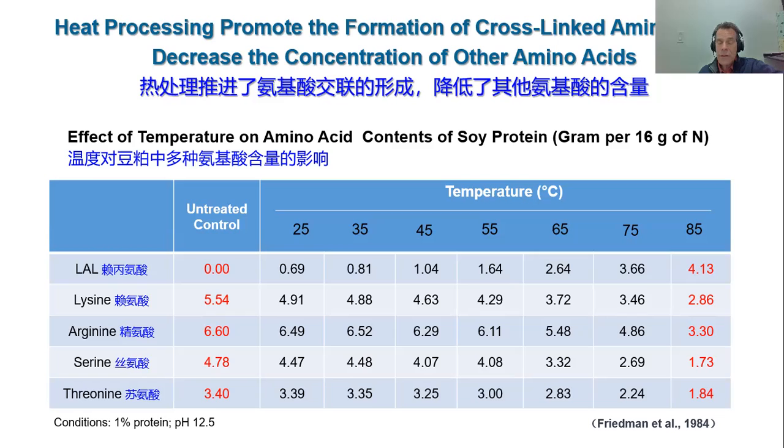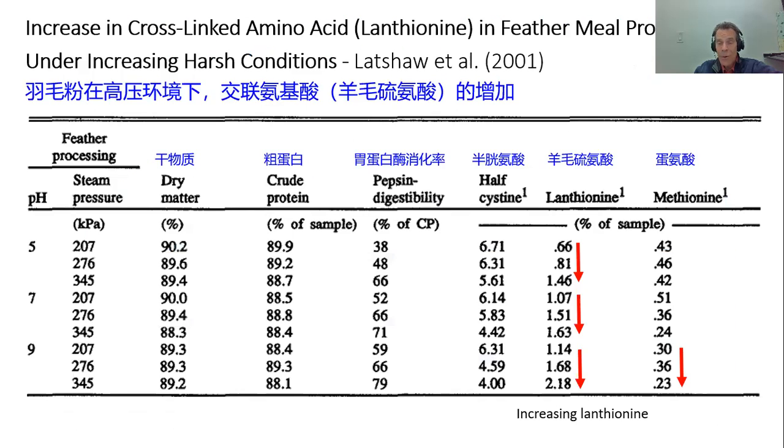In this sample, with increasing heat applied, there is in parallel a decrease in the lysine content of that sample. But not just lysine: you can see arginine is disappearing, serine is disappearing, and threonine is also disappearing at the same time. So in this study, they focus on lysinoalanine, which is a byproduct of the reaction of dehydroalanine and lysine. But you can see there's an indication that other molecules also get consumed, transformed in the process. It's simply that we're not looking for those individual markers.